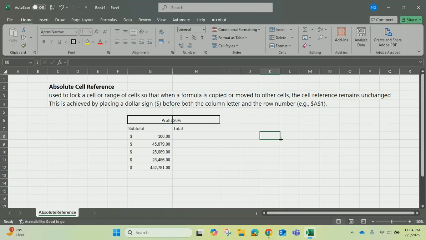Hey y'all, so I'm going to go over what absolute cell reference is and in what situations you might want to use it. So it's used to lock a cell or a range of cells so that when you copy that formula over, then the cell that you're referencing stays the same. And you use this by placing a dollar sign before the column letter and before the row number